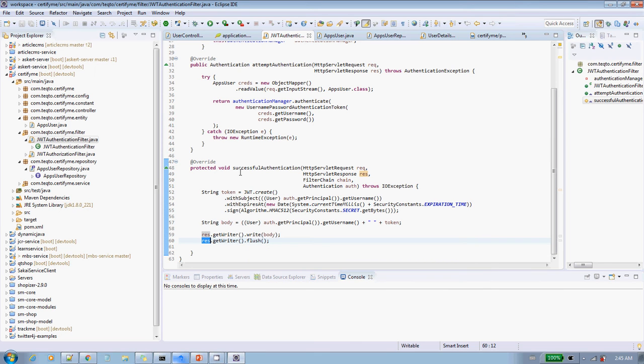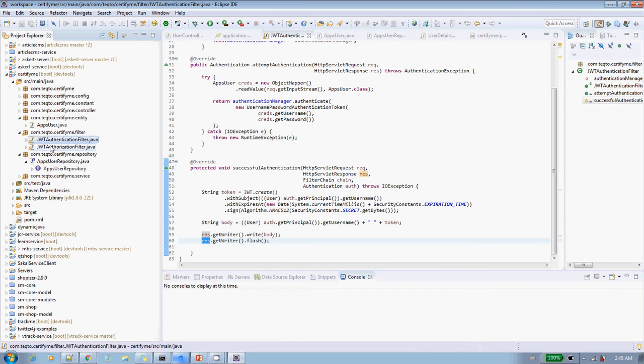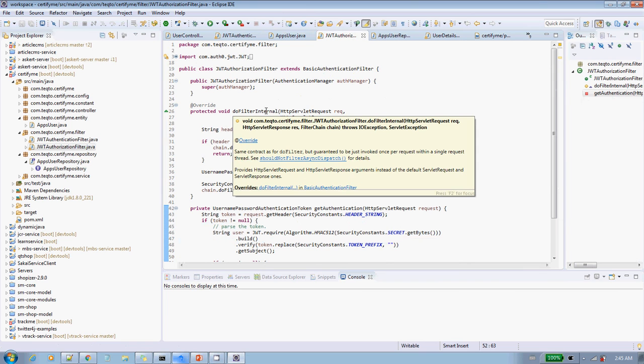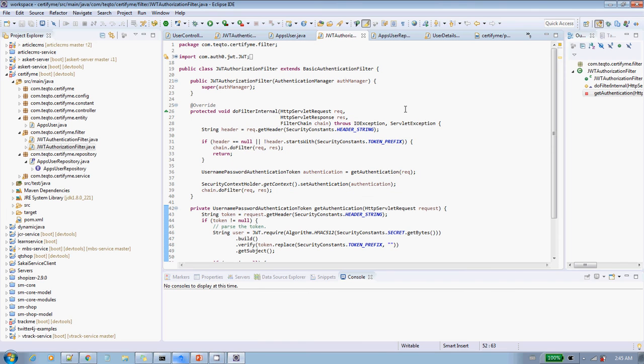So this is the authentication filter. Now we have the authorization filter. The authorization filter is used when the user logs in and provides the username and password. After that, the user gets a token. Now suppose the user is looking for some resource, for that the client needs to pass the token. The token comes in the request header, in the authorization parameter, and it applies Bearer, and after that the token comes.